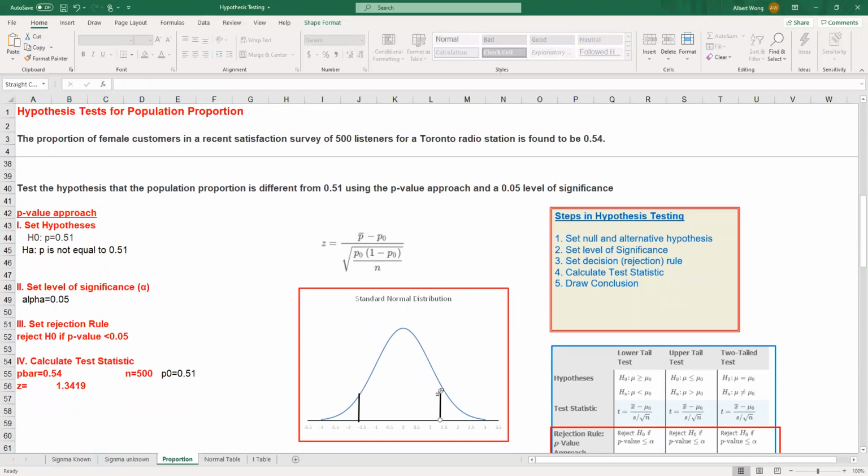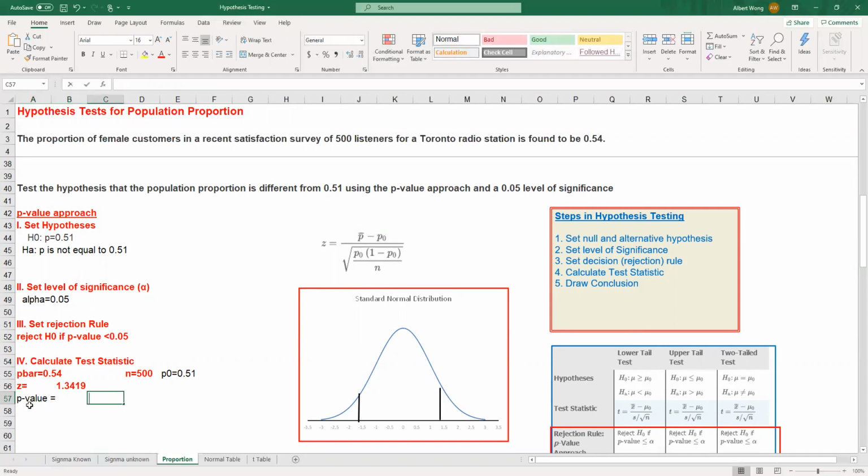So what do we have to do? We have to find the upper tail, and then we multiply by 2. So how do we find the upper tail? Find this area, right? Because this is what's given to us. 1 minus that, and then multiply by 2, right? So if you draw a picture, you can actually see easily, right? So the p-value is equal to 2 times,